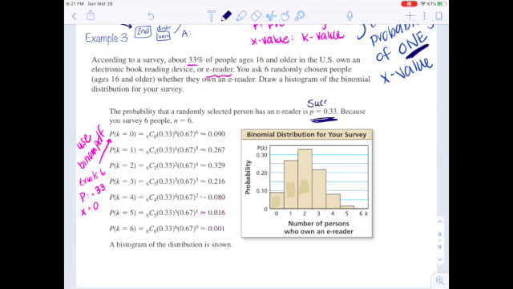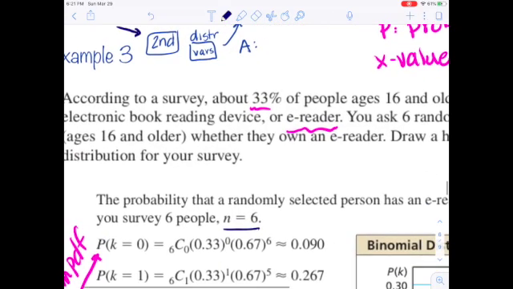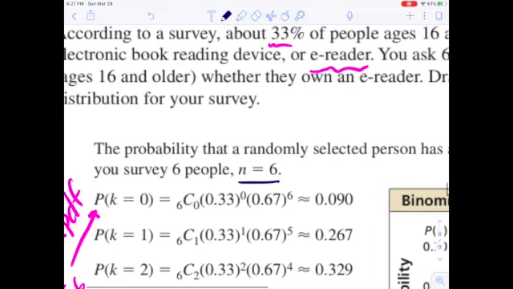So what logically would be our probability of, so this one's success. What's the probability of our fail? Take 1 minus 0.33 and you get 0.67. So we need to have both of these probabilities. And when we're going to get our binomial distribution here, we need n as 6. If we zero in on just this statement right here,